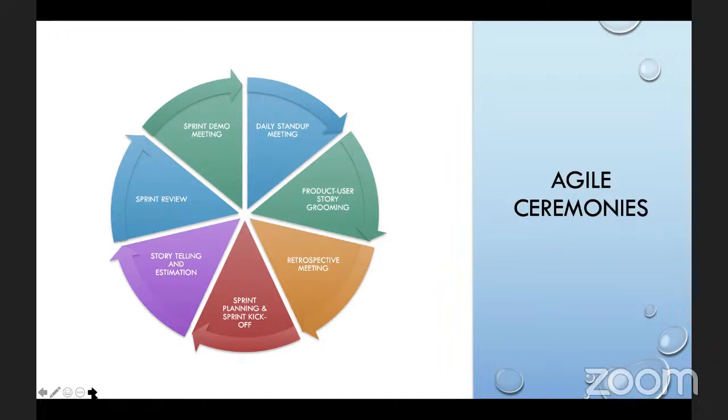So in the product user story grooming session, when we come on this call, we talk about the stories that have been written, that is, the feature sets that we want to build. And this is the time that we want to establish what we call definition of ready. By definition of ready, we want to get the story up to a point where we can actually develop it, right? So all the unknowns, all the uncertainties, all risks, all assumptions. Sometimes the story is too big, so we want to split it and make it smaller stories. All these things are done at this phase or this step, right?